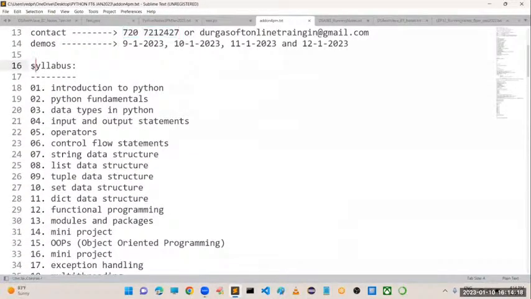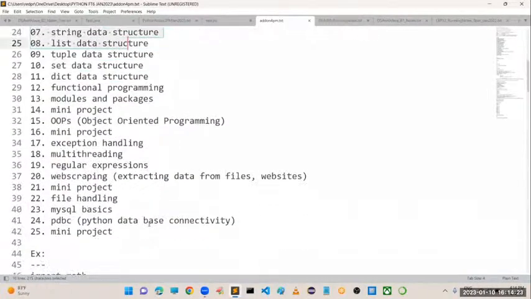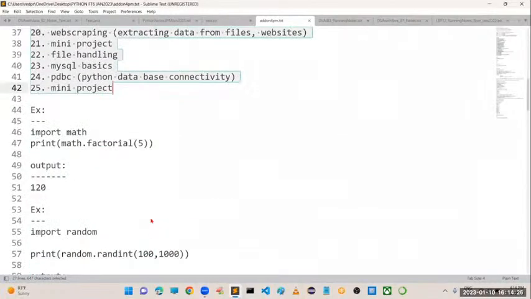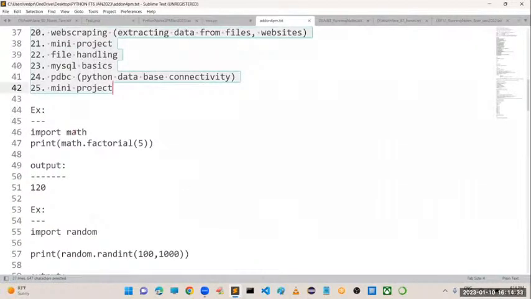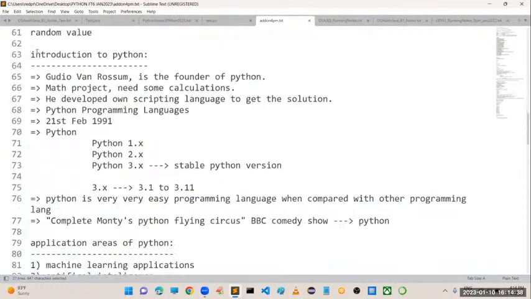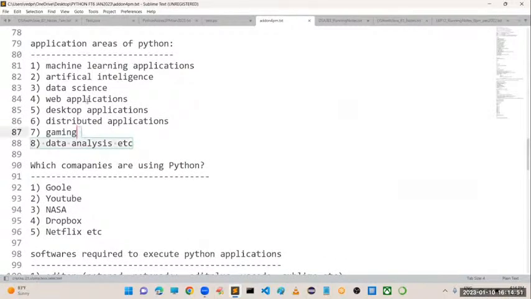So in the last video I explained very clearly what topics we are going to cover and how easy Python is, with some small demonstration programs like how to generate OTPs and how to calculate the factorial of a given number. These things we have seen very clearly. And even the introduction to Python: what is meant by Python, who invented Python, why this Python concept came, what advantages are there. Everything we have seen.